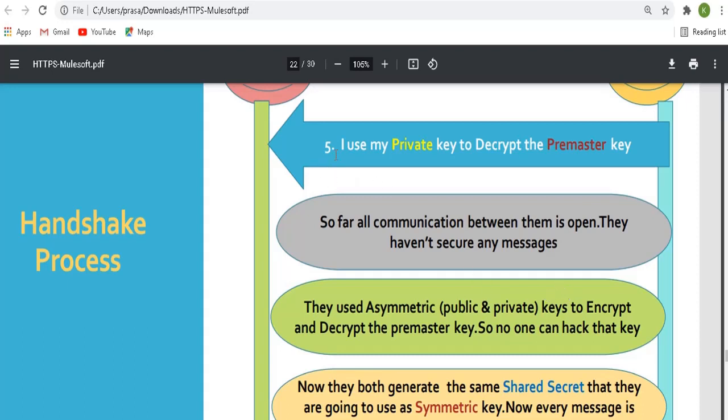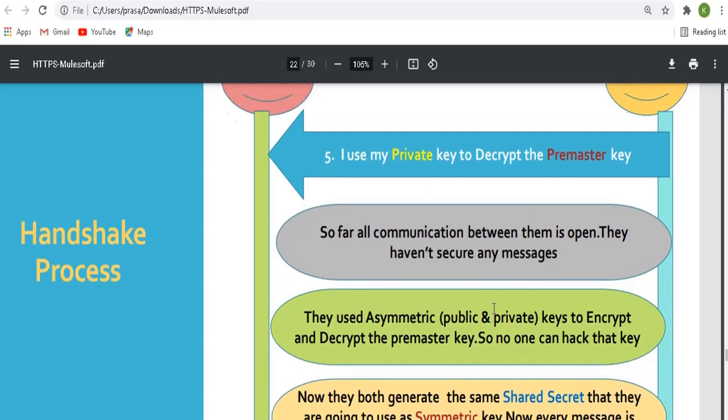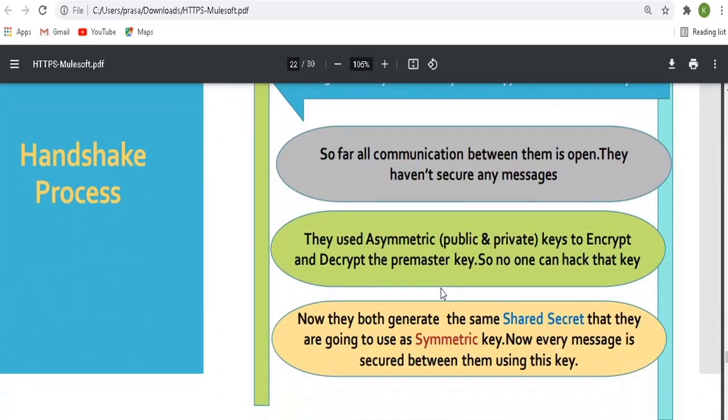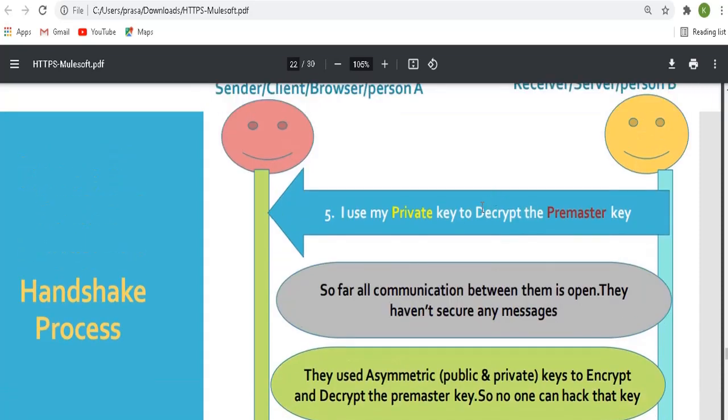So now they can establish the communication. Till this point, step 5, they didn't share any information from the browser to google.com or from google.com to the browser. Once they agree on this shared secret key, the symmetric algorithm comes into the picture. Till here there was the asymmetric algorithm. Now they can encrypt or decrypt any message using this pre-master key between them.